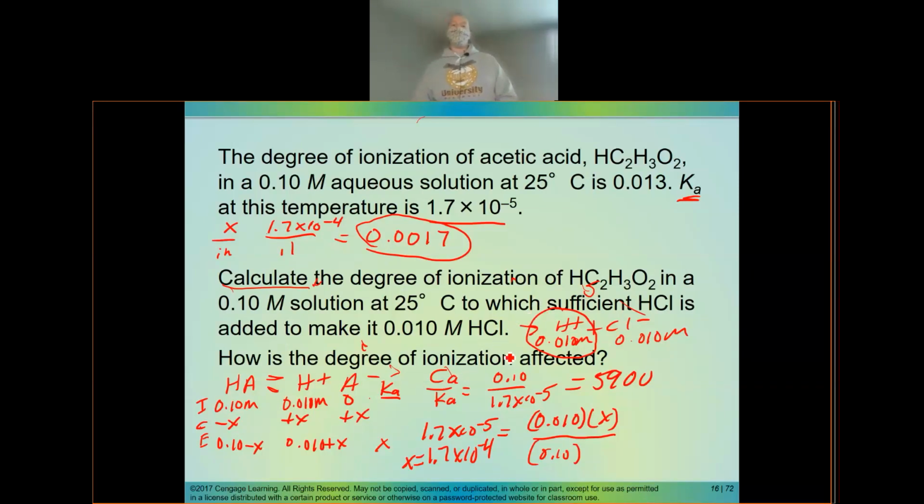You see that the degree of ionization has gone down a lot, from 0.013 to 0.0017. That means that less is coming to the right. The amount of HA that is ionizing, less is coming to the right. We added a product, which would shift the equilibrium to the left. Now, it's got to go to the right because you have a 0, but that means that less amount is going to go to the right, and you have a lower degree of